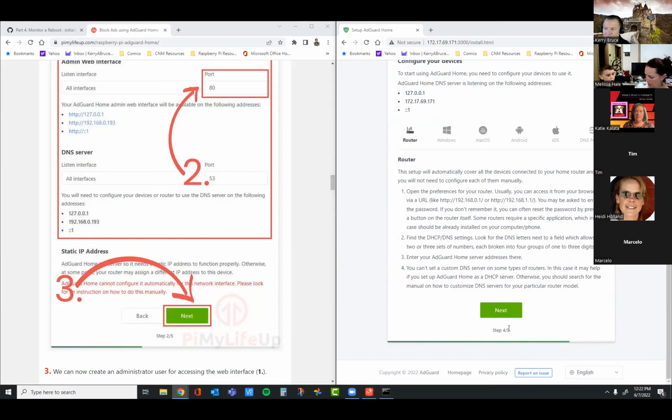So my thinking is this instruction wants us to change the router to point to this DNS, right? And what I'm thinking I can do is tell my computer to point to this DNS, and I'll still be able to use the ad blocking features of the DNS, but leave everything else alone. Right? I think, which is how Pi-hole works.